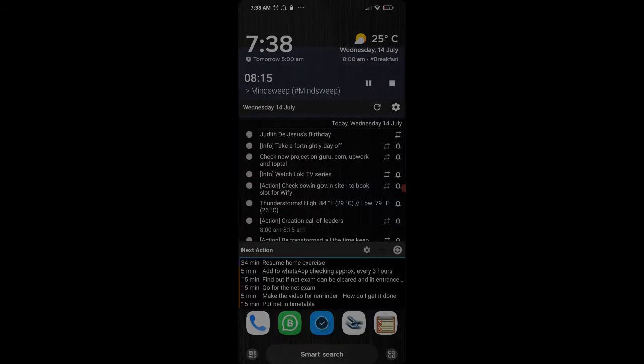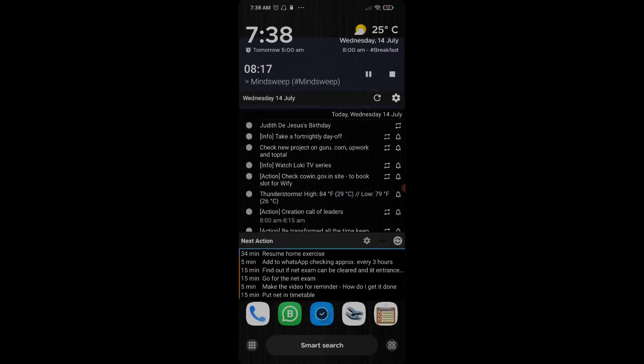Below that, there is a widget which gives me a snapshot of what are the things that I have to do or I have to complete from my to-do list. So over here you see there are about 6 action items. They are listed in sequence.